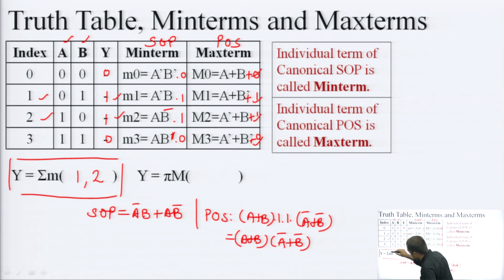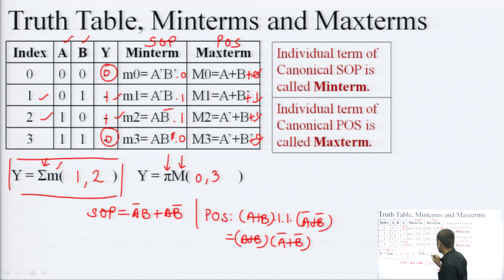Minterms means small m and summation. Okay. And for POS, POS are related to maxterms. So, that is why I have replaced this small m by capital M, and summation is being replaced by this pi. Okay. Pi represents product and M represents maxterms. So, where are the locations in the truth table where output is low? I can check that there are 2 positions where I am getting a low output, 0 and 3. So, this 0 and 3 become the maxterms. Okay. So, 1 and 2 are the minterms and 0 and 3 are the maxterms.